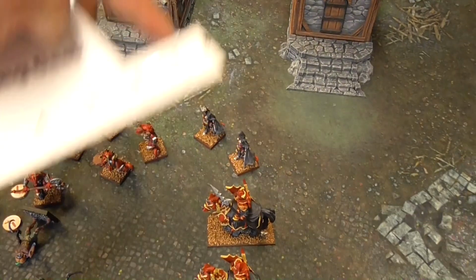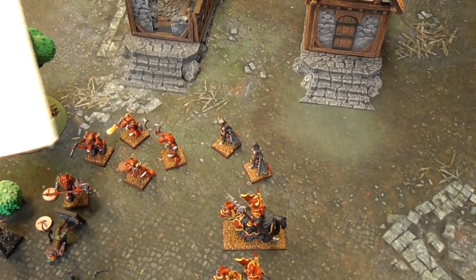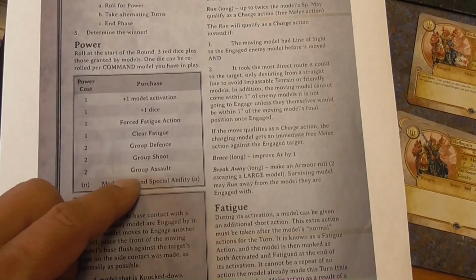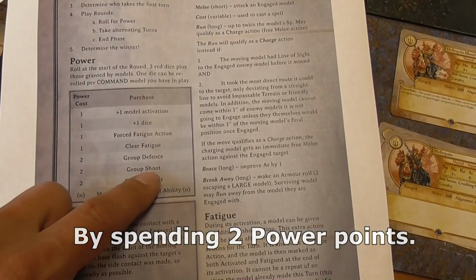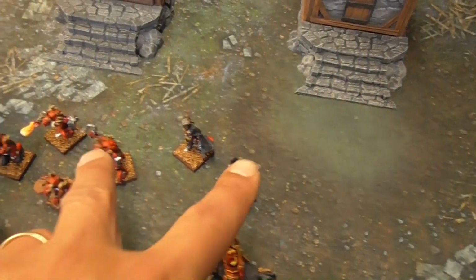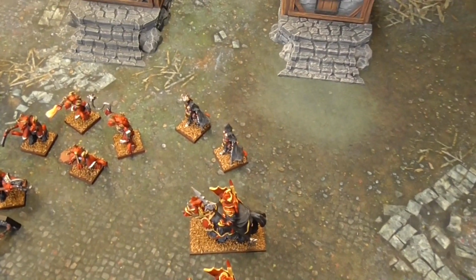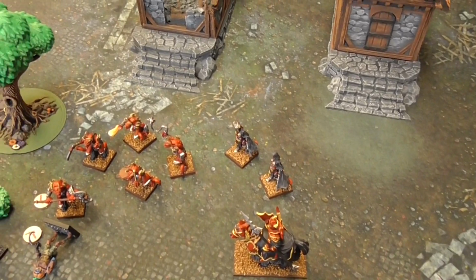So I could choose this guy here, any of these guys, to be in a group activation, up to 3 models. So here what I'm going to do is what's called a group assault, because I don't want to do a group shoot because none of them have ranged attacks. So I'm going to do a group assault and have these 2 guys activate with her. And how I do that is I go ahead and do all of my movement first and then resolve melee